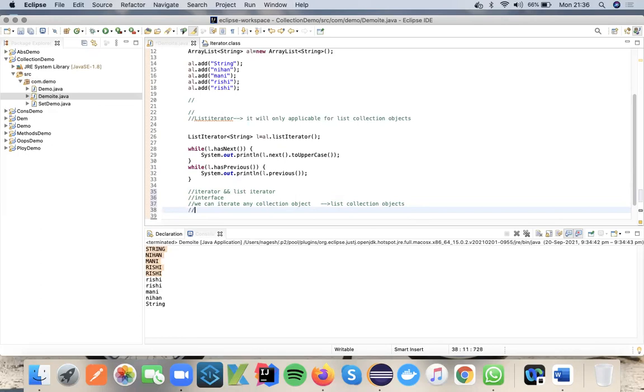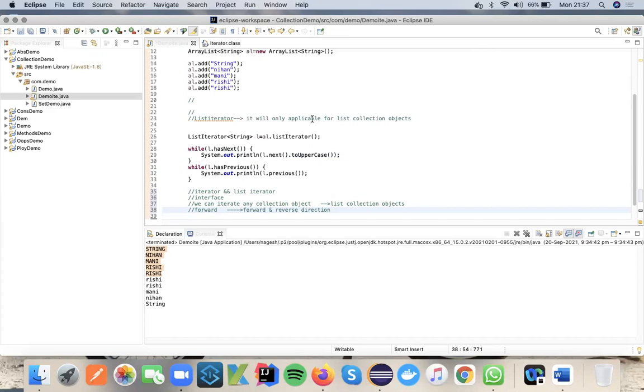And the next important thing is, iterator works only in the forward direction. List iterator works in both forward and reverse directions. Very important point.